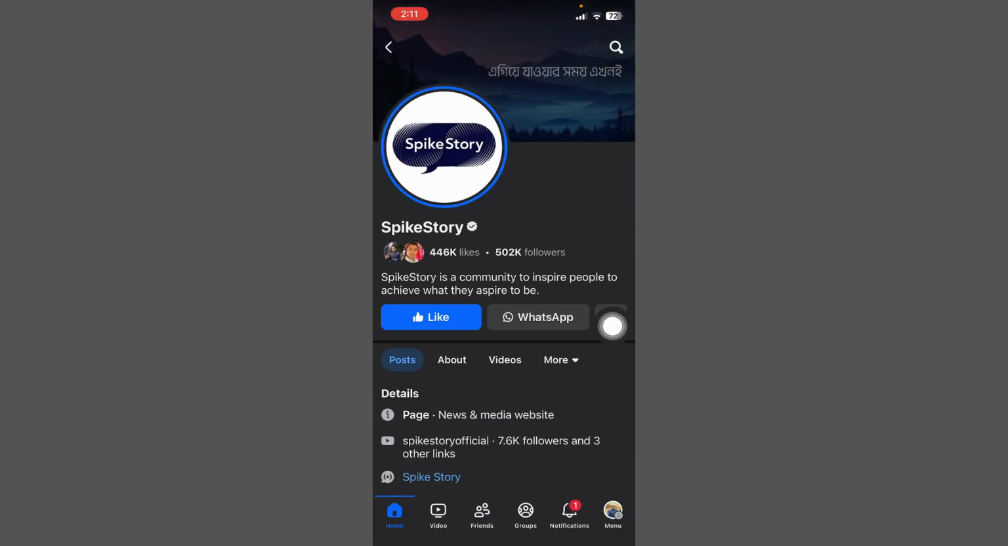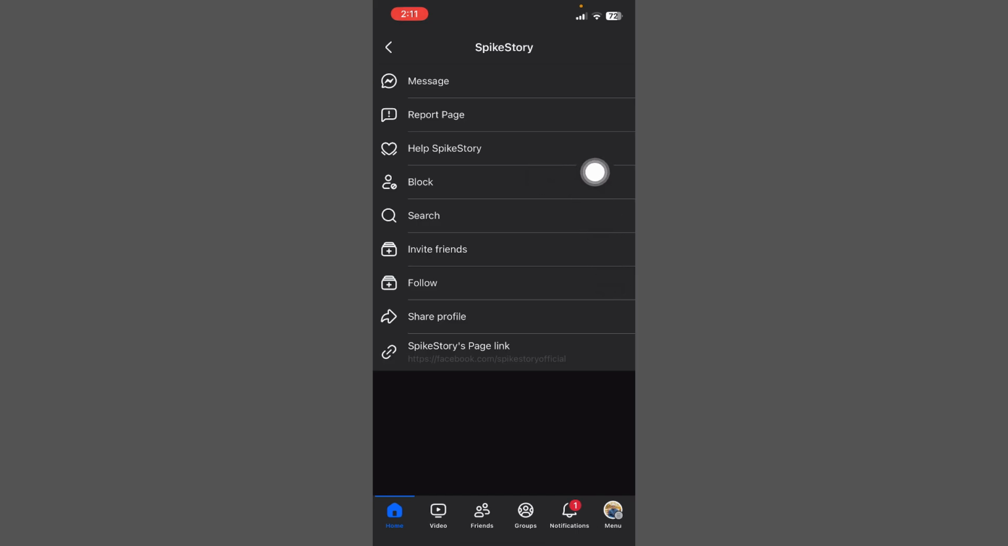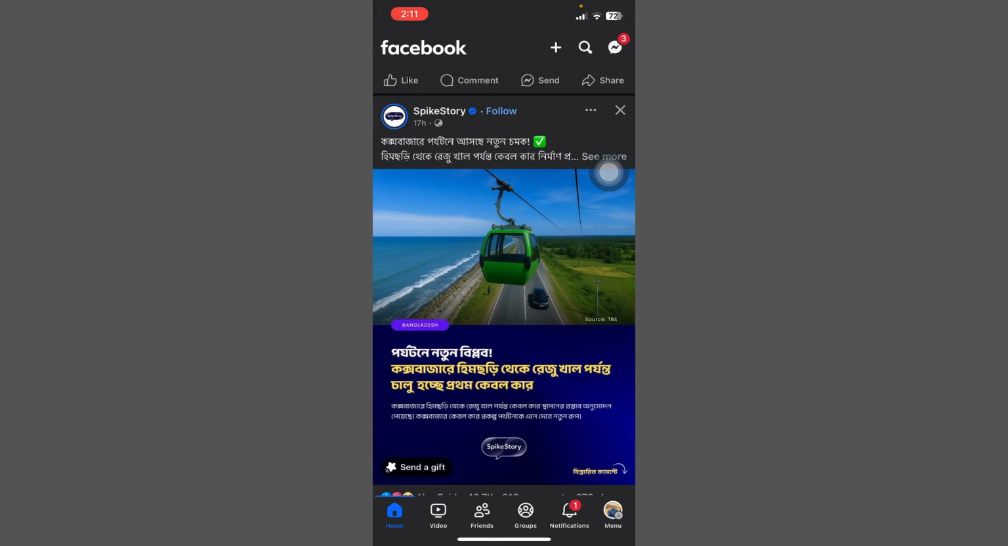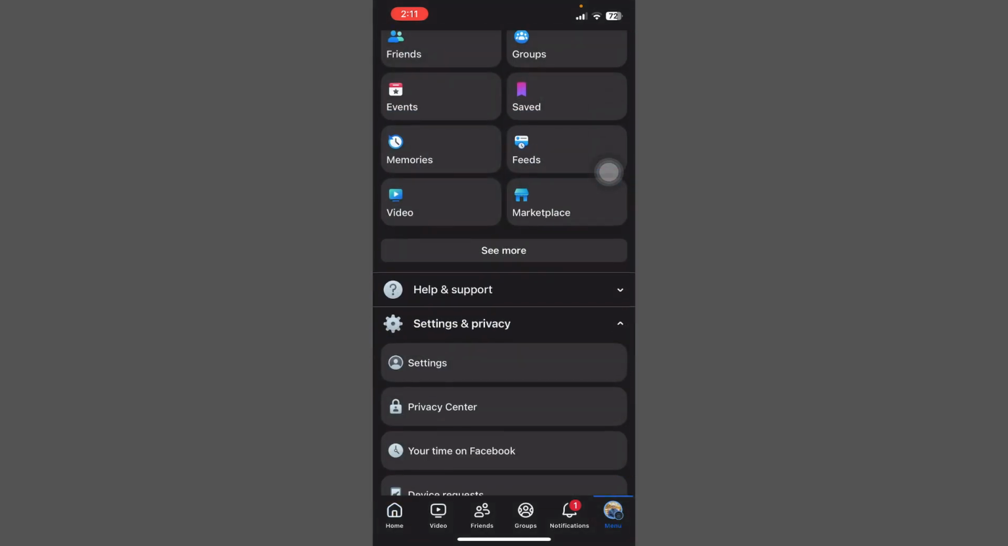Just tap on the three dot option, click on block, tap on block it, and then back, tap on menu